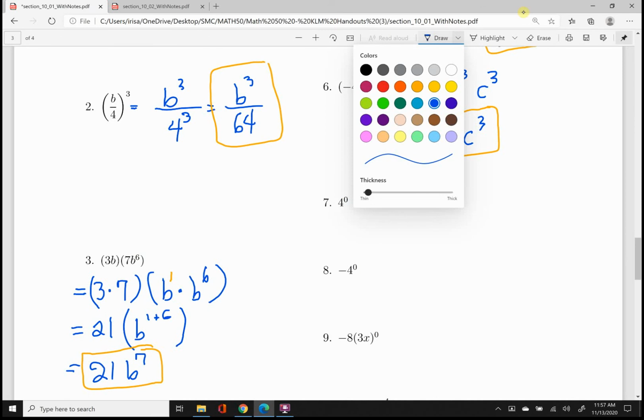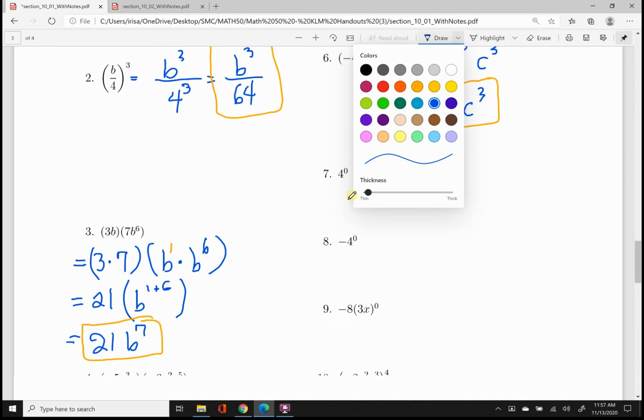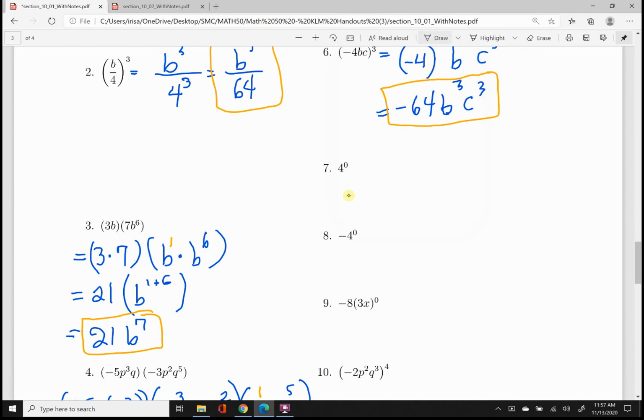And getting back to the blue color, what do we have for the next bit? Oh, so the next stuff will be 4 to the 0 power. All right, so that 4 is anything, and it's being raised to the 0 power, so that'll just give us a 1. Now you may be looking ahead to number 8 and thinking, oh, that's also going to be a 1, because -4 is just any number, and I can raise it to the 0 power and